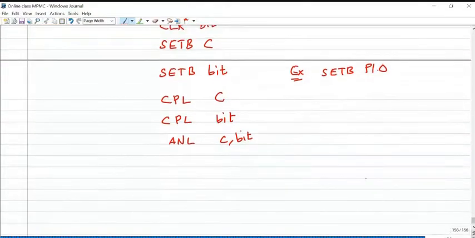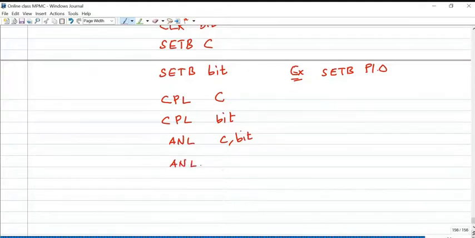More instructions are available in the 8051 microcontroller for bit level logical operations. ANL C comma bit represents logical AND between the carry flag and some other bit, port 1 bit 0 or port 2 bit 0, etc.